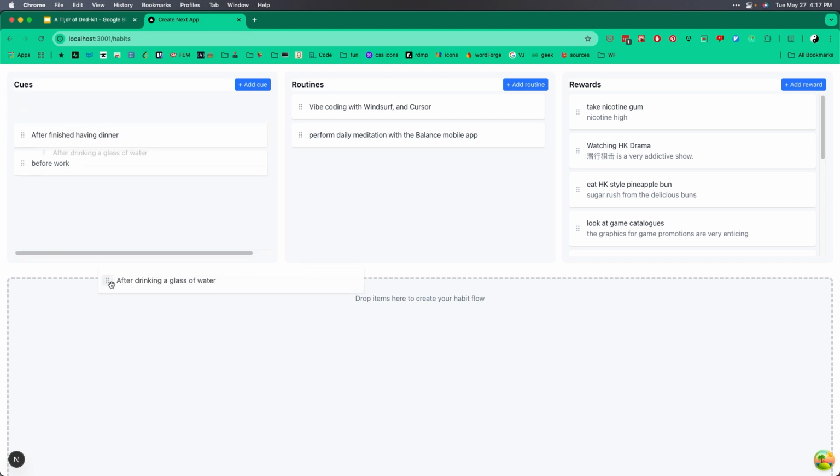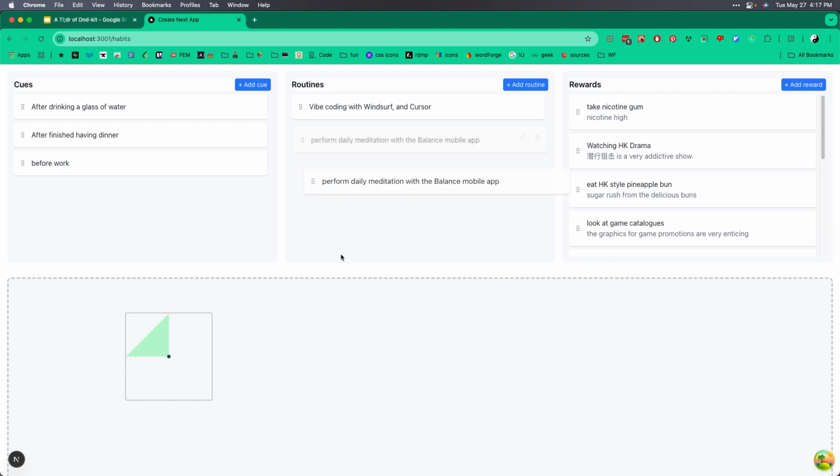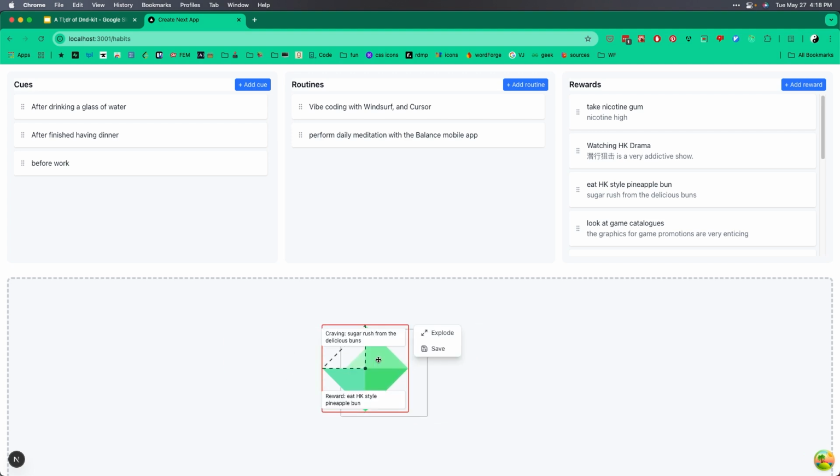So for our cue, I'm going to say after drinking a glass of water, and routine is that I'm going to meditate with this balance app on my mobile phone, and as a reward I'm going to be eating a Hong Kong style pineapple bun, and my craving is the sugar rush from these delicious little buns. So I'm going to combine them into one complete habit loop,